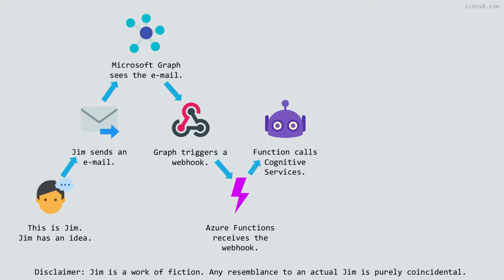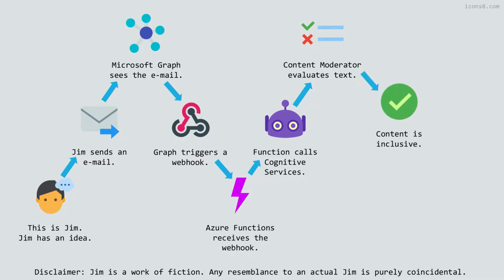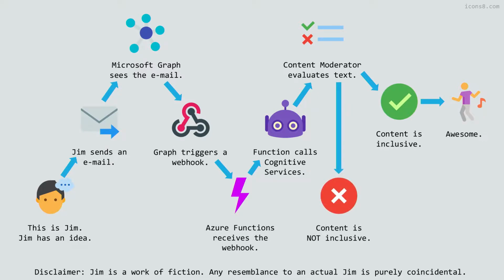In our case, that Azure function is going to call out to Cognitive Services. In particular, there is a specific cognitive service called Content Moderator. The Content Moderator service will allow you to do things like look for particular words in email. So we're going to look for the word "guys," and we're going to look for the word "girls" in email. If the content is inclusive, then great, we're in a happy spot. However, if the content's not inclusive, then what we're going to do is we're going to send some tips back